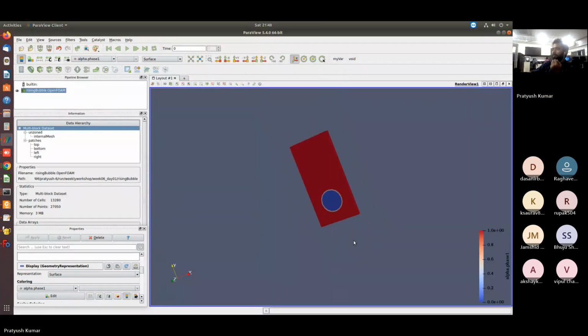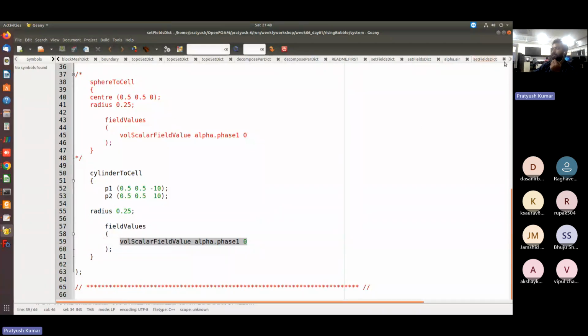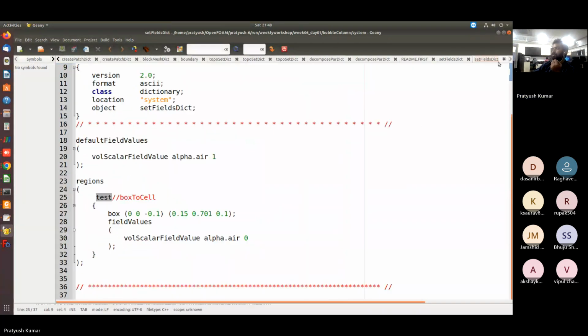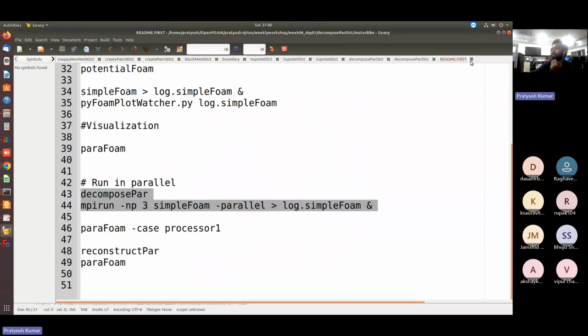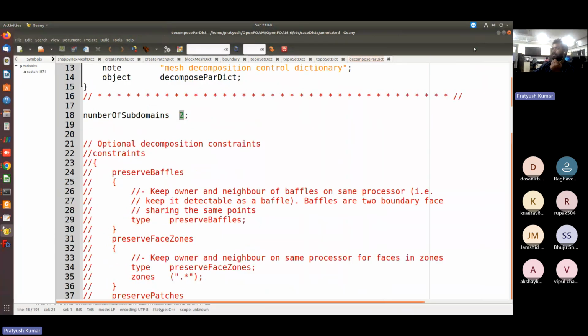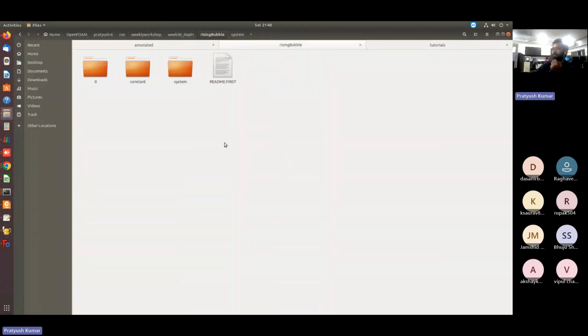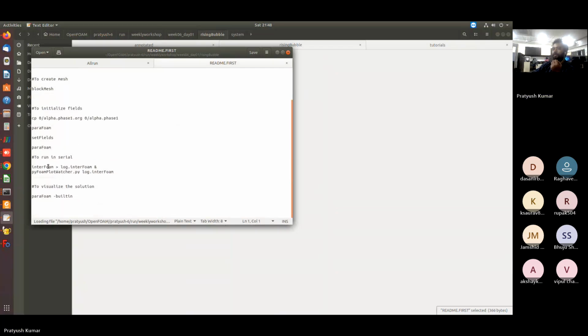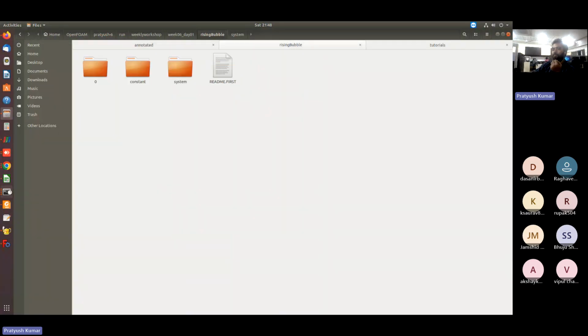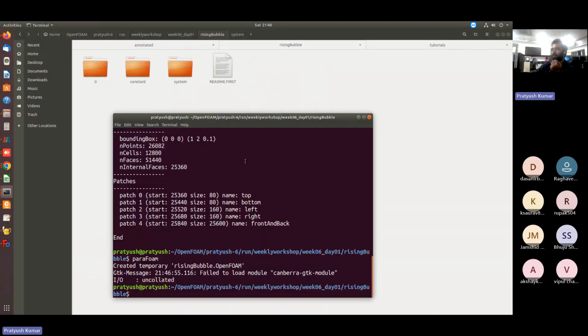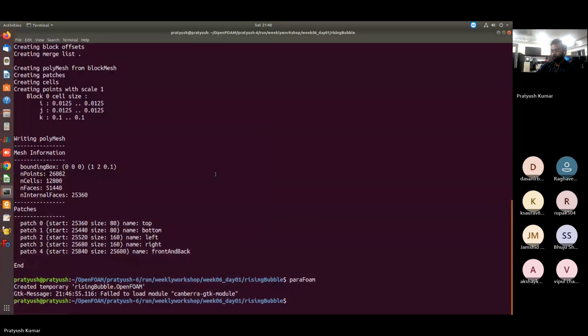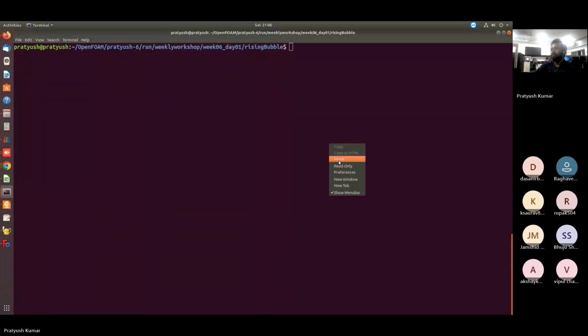Okay, so this is one kind of, let me run this simulation because I'm going to show you this ParaView automatization using that simulation result. So let me first run the test case, and after that we are going to see the result using ParaView, and also I am going to show you how you can use the